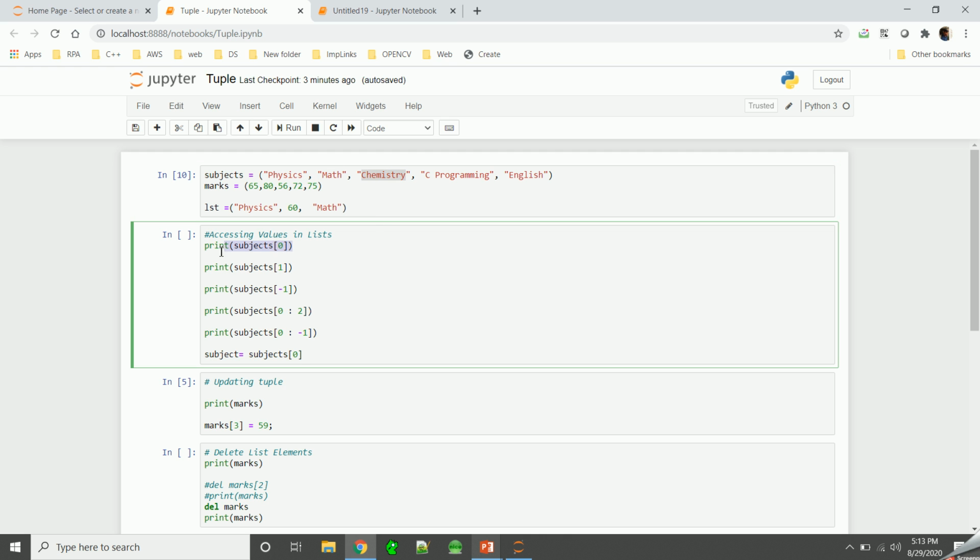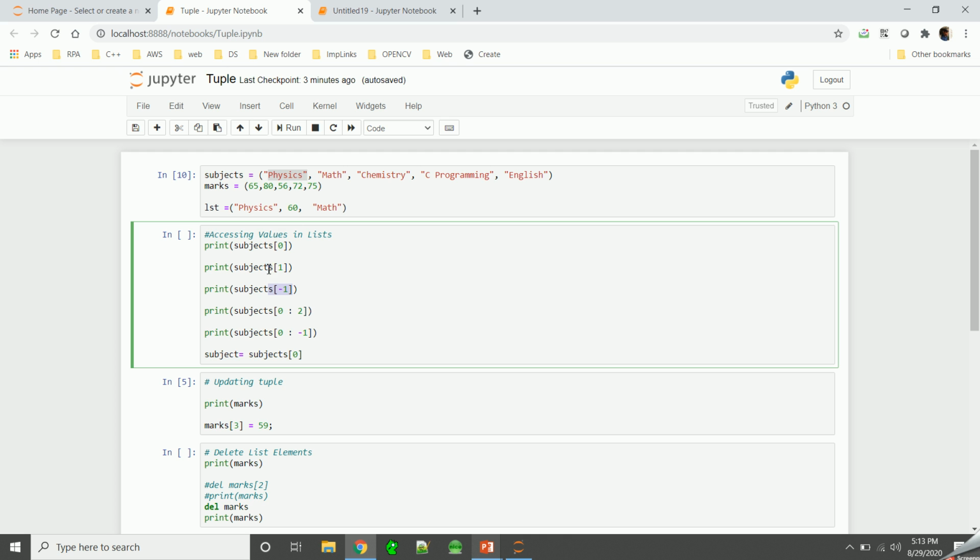When you say print subjects of 0, in this case it will give you the value physics. When you say 1, it will give you the value math. And you can use a negative index if you want to access the last element, or an element from the end. Basically -1 indicates the last element.